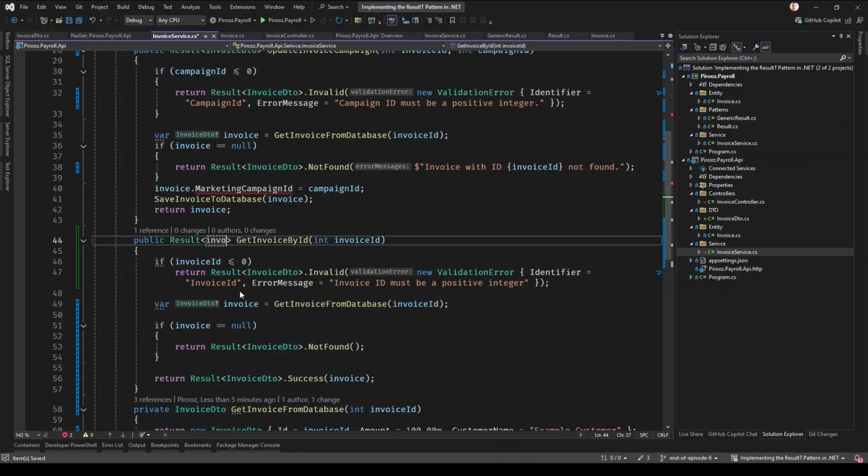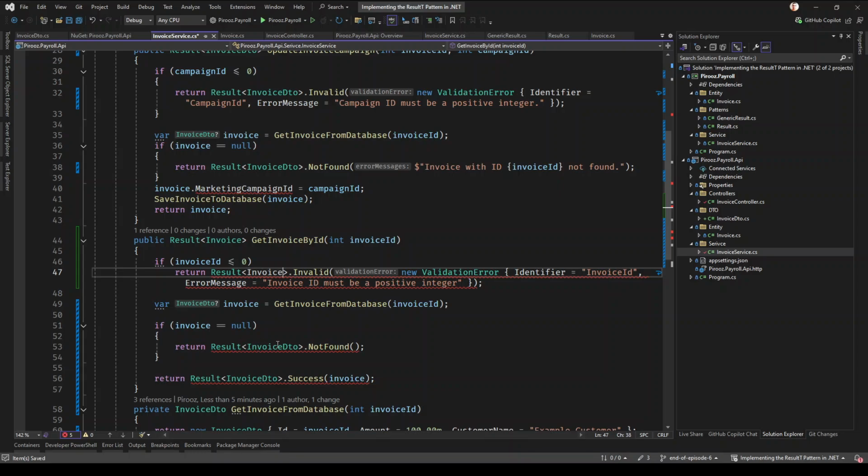It's going to return an invoice, not an invoice DTO. So we're going to replace these guys with invoice,